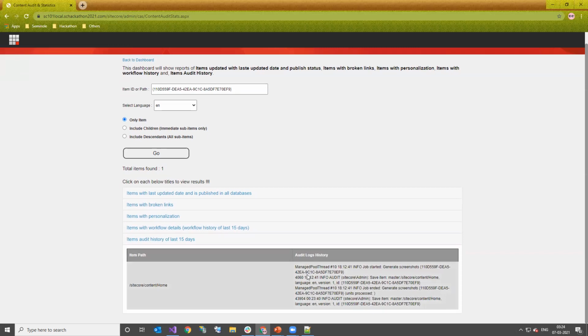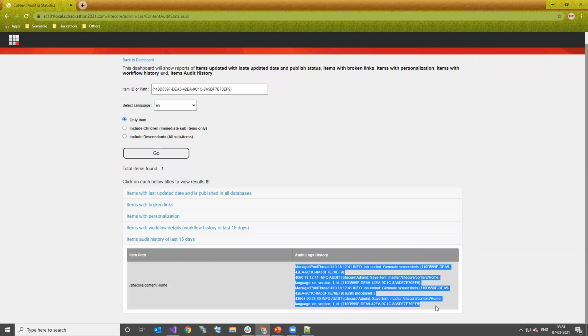And the last section presents the audit history of that item for the last 15 days. This section would provide details like item saved event, or item published event, etc. So for that particular item, we would be getting the audit log history of the last 15 days.